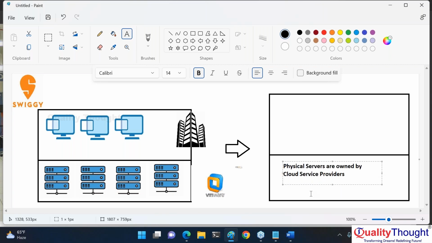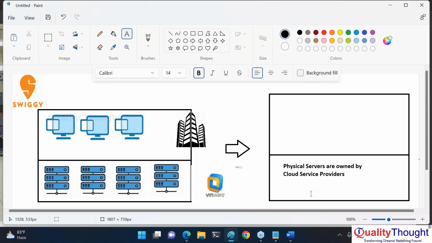Is it making sense, sir? So my organization need not do anything physical in nature. If I'm going with Azure, Azure is responsible for all the physical servers. If I take AWS, AWS is dealing with all the physical servers. So for me, no physical server maintenance, no networking, nothing.